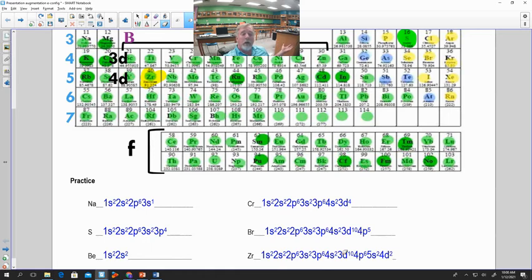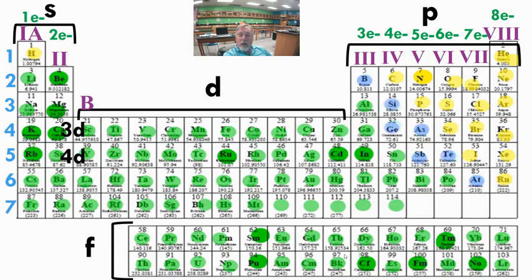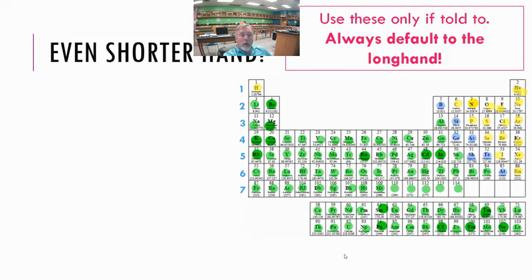You guys look at the periodic table. We know we have s blocks, p blocks, and d blocks. Once we know what those blocks are, and we remember that the d blocks are pushed down once, so even though it's in period 4, it's the 3d block, then we're easy. We can read them right off. Hopefully that makes enough sense as we go through there. We'll do some more practice in the worksheet at the end of the period.